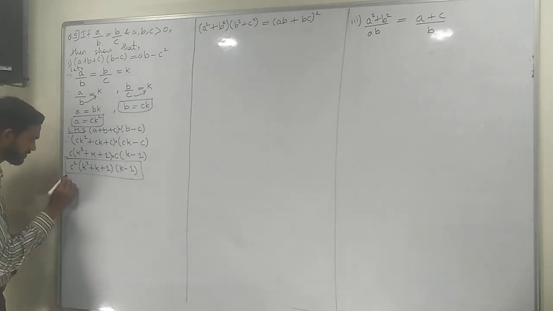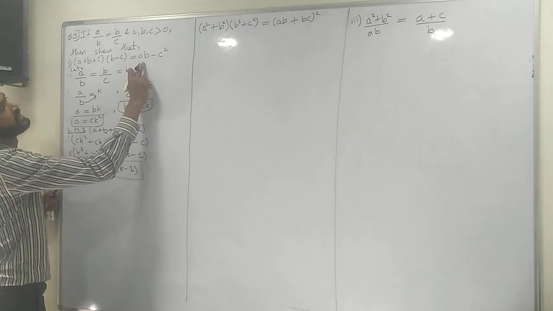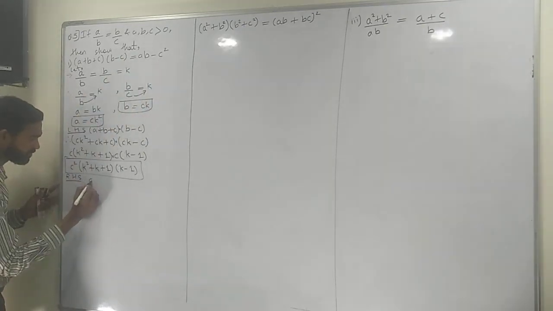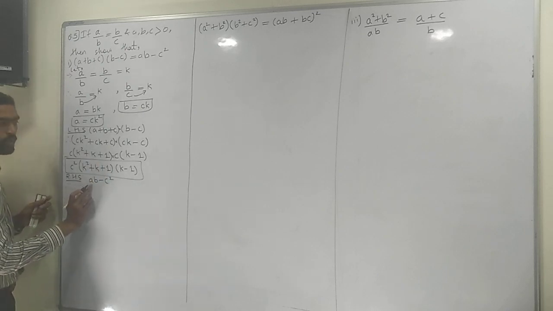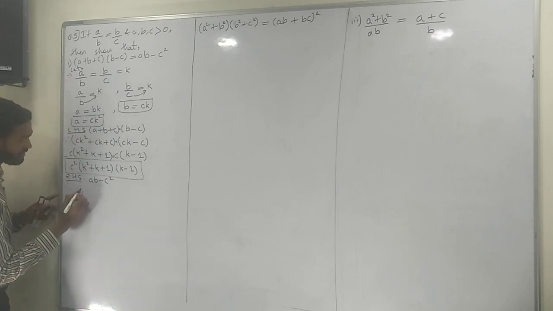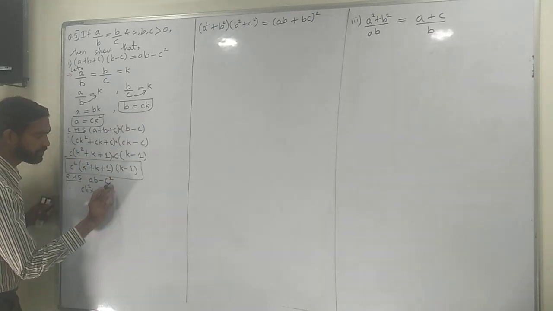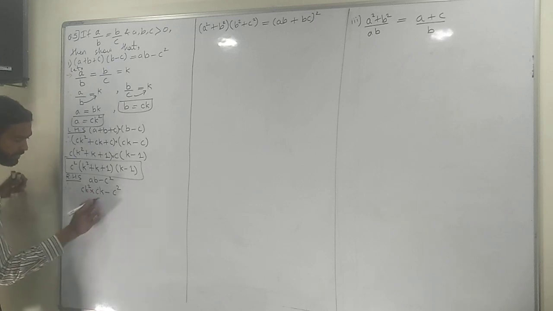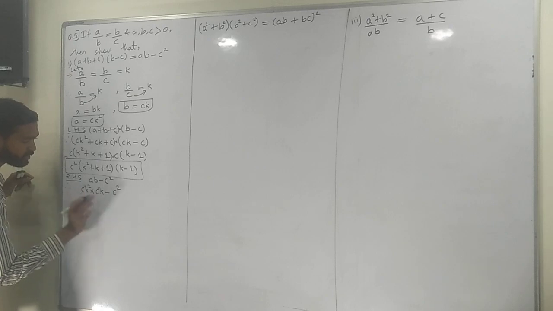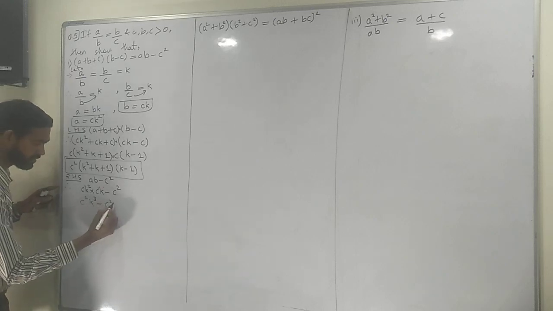Now let us take right hand side. What is my right hand side? Go back to your question. This is my right hand side, AB minus C square. Therefore, do we know A? Yes. Earlier we got A as CK square, into B. What is B? B is CK, minus C square as it is. Let us multiply. C into C will give me C square, and K raised to 2 and K raised to 1 will give me K raised to 3, minus C square.